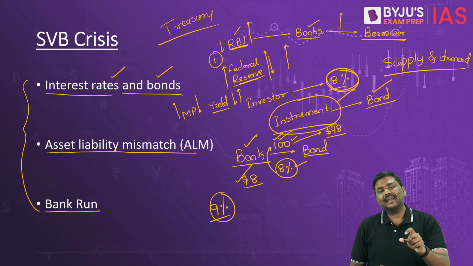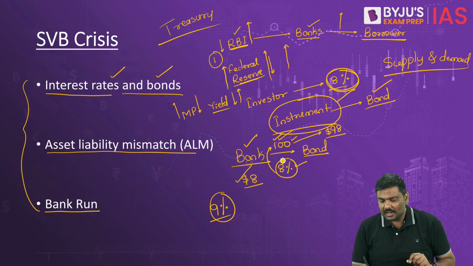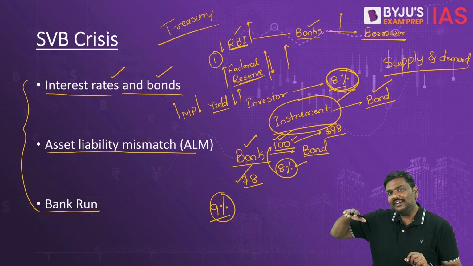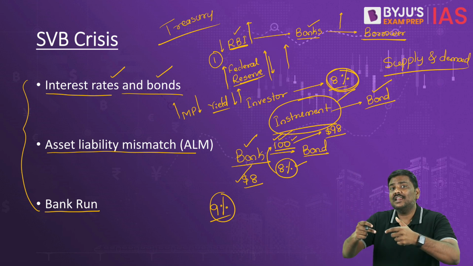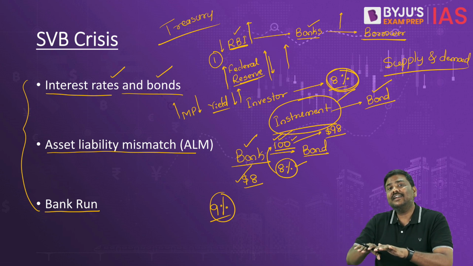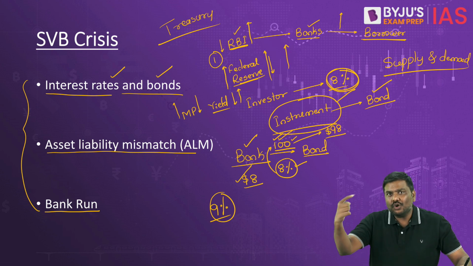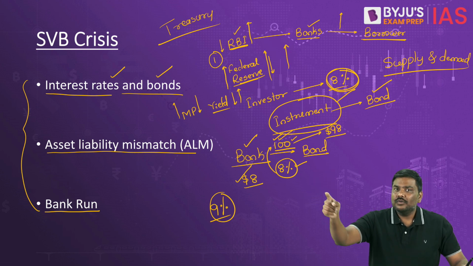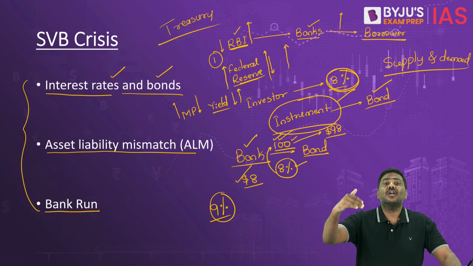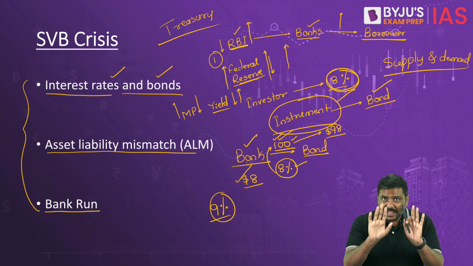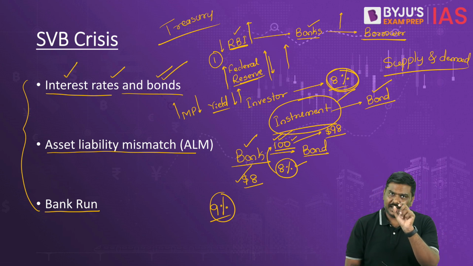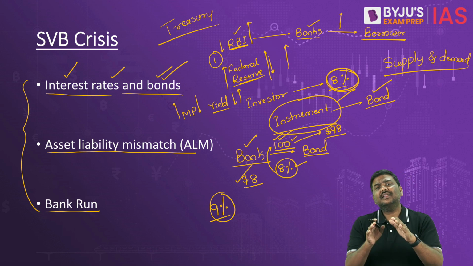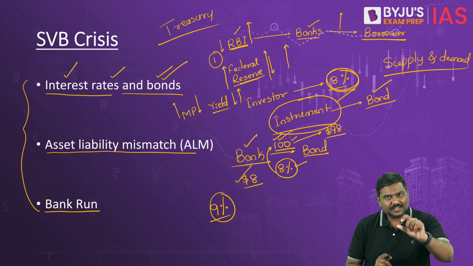For example, a bank has invested, purchased a government bond, paying $100. Interest rate in the market has gone up. So obviously the bank will have to sell it at less than $100 in order to ensure that the buyer now will get a higher yield rate. Now please remember that that is a connection between interest rate and the bonds. There is a connection, and what has happened in the context of SVB you will understand in a couple of minutes.